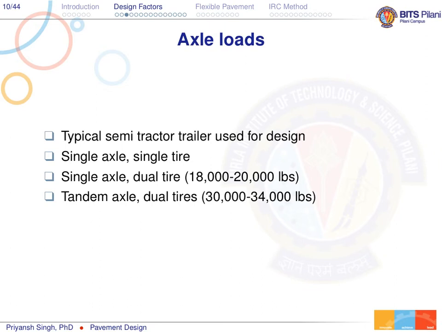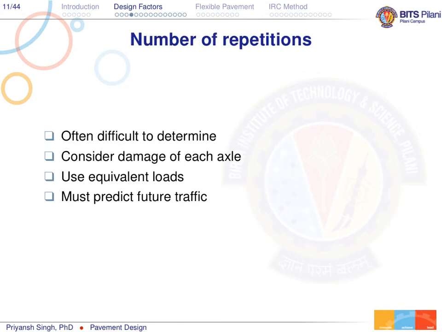There could be various configurations of load on the pavement. It might be a single axle, single axle dual tires, or tandem axle dual tires. These different configurations of load might cause different damage to the pavement. So in order to capture the loading on the pavement, we need to get the axle loads of all types of configurations over the pavement surface.